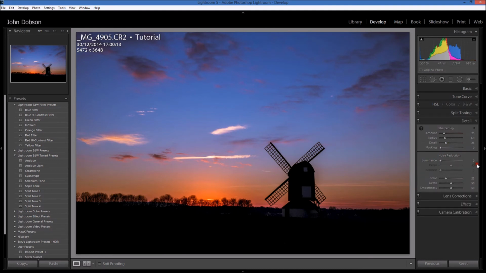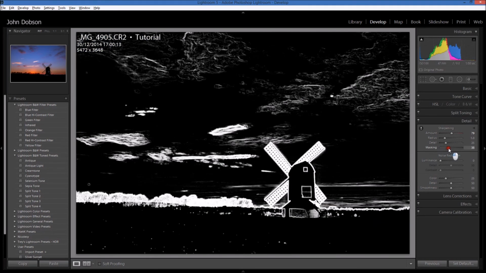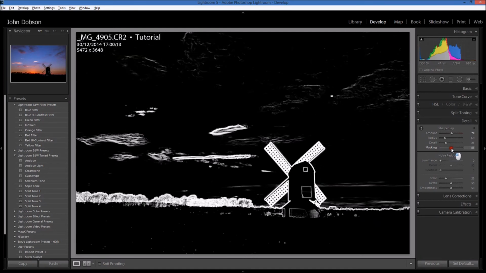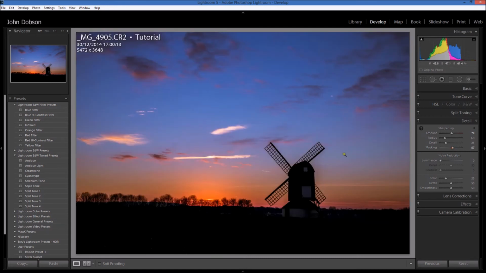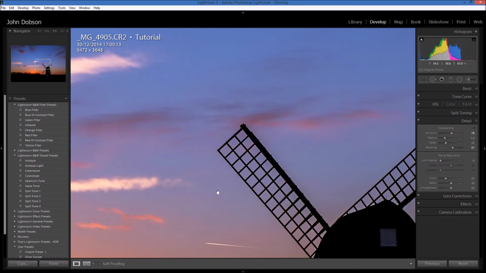Next thing we'll do is some sharpening. So let's push the sharpening up a bit. We'll mask out the changes in the sky, because obviously we don't often see sharp clouds. So I can actually push that right up, and in fact the only thing I really want to leave substantially is going to be the windmill. And then we'll just check to see if we've got any luminance noise in here, maybe just a little bit. So we'll just pull the luminance up a bit, just get rid of that,